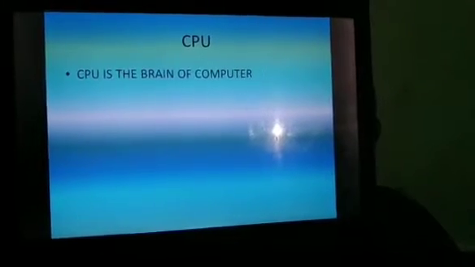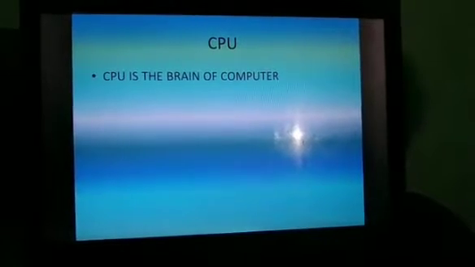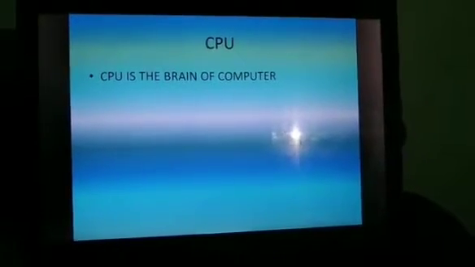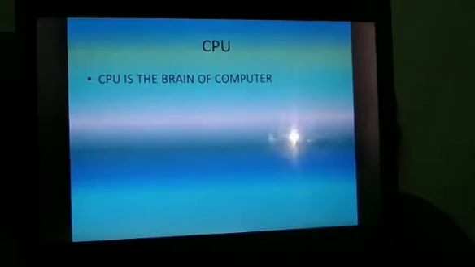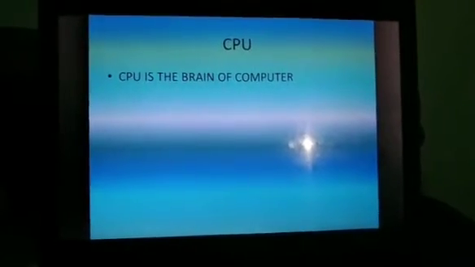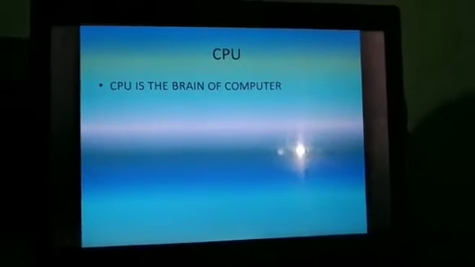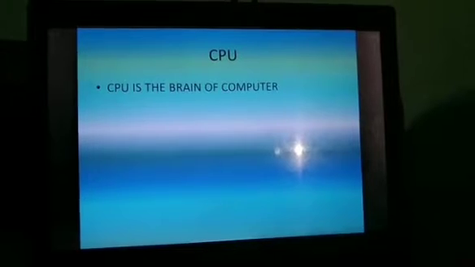Next, we have the CPU. What is the CPU? The CPU is the brain of the computer. What do you mean by the brain of the computer? Like, if I ask you to do any calculation, what will you do?